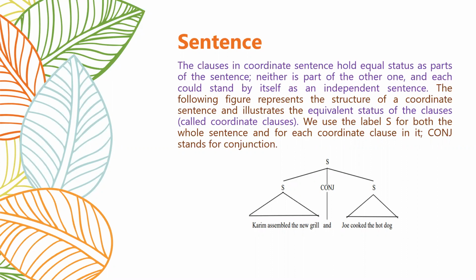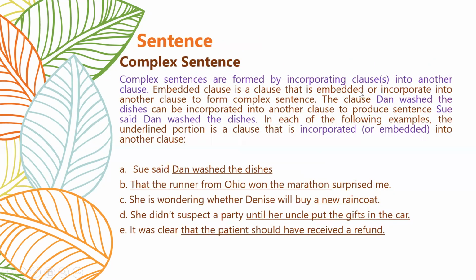They can be used as independent sentences, both of them. And there is only one thing, that is "and", that is the conjunction. So that's it. So they have equal status. Now the last one is complex sentence, and after this we'll conclude our today's lecture.